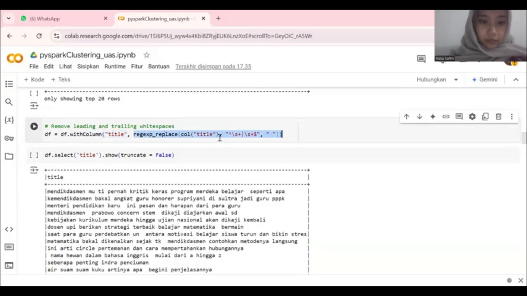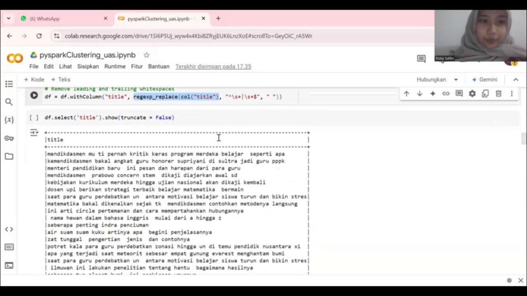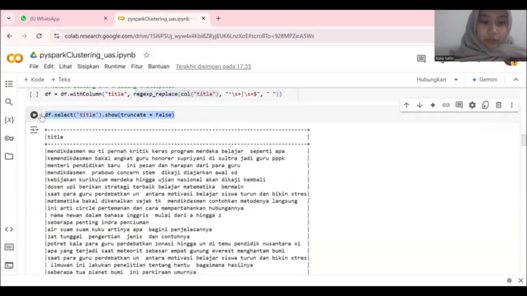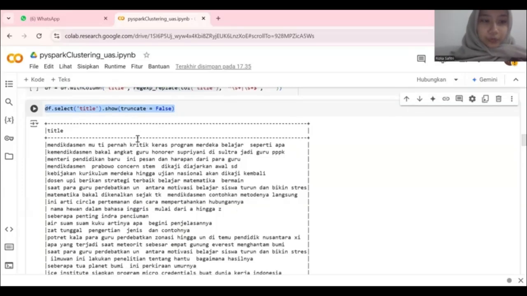And then this function performs a regular expression based replace on the title column. And then this show means we can display the title column to verify that the trailing and leading white space has been removed.